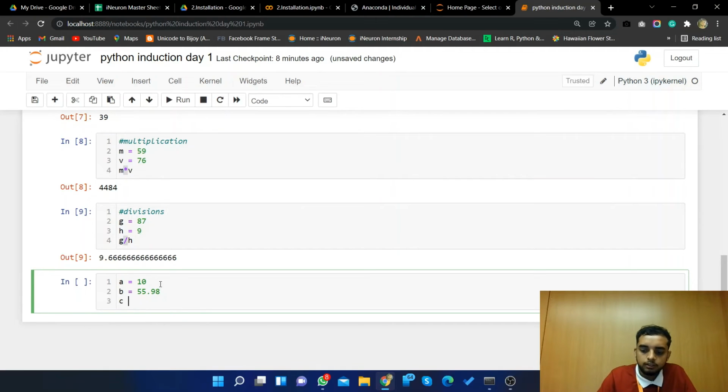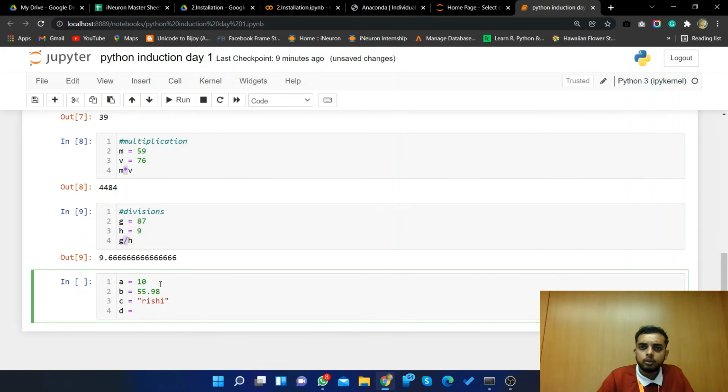Then we have C is equal to 3C and D is equal to... I hope you are aware of complex numbers. If you are not, don't worry. Complex numbers are numbers that have some values stored in some names. Okay, so what we are going to do is D is equal to 7 plus